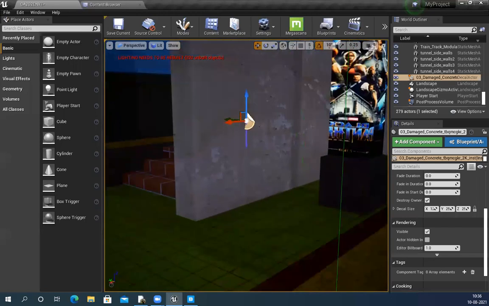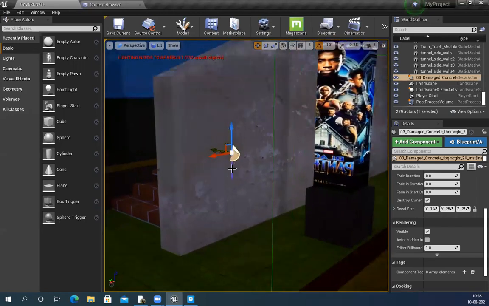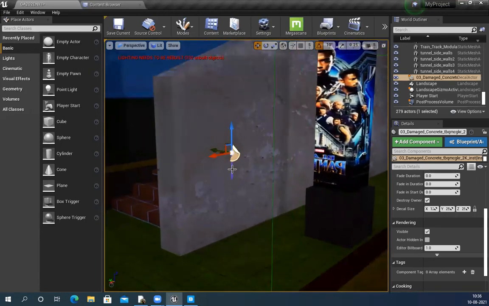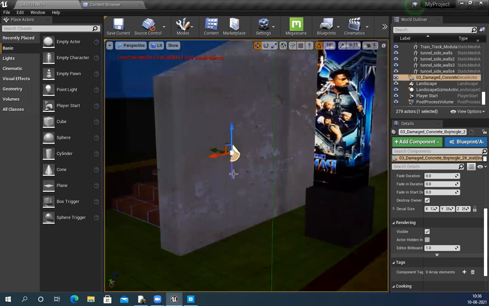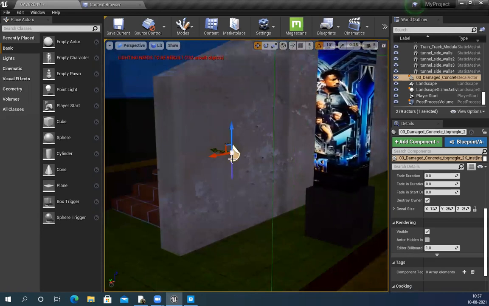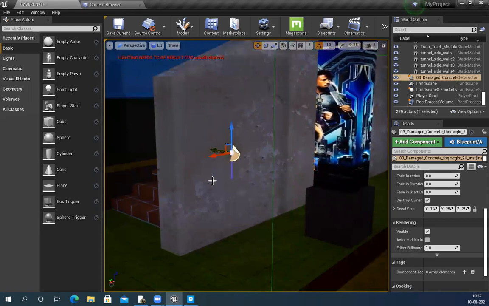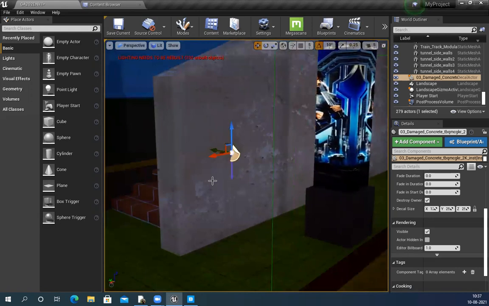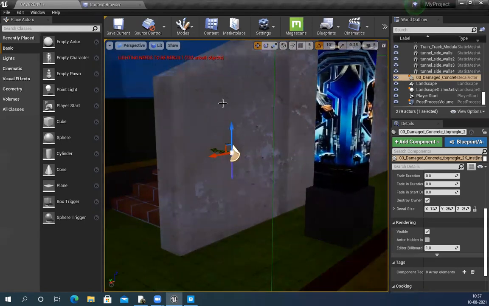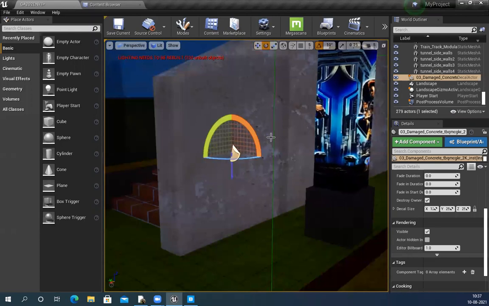No need to worry, it's compiled and it will show. Right now you can see the blue arrow. Not this blue arrow, this arrow. Whichever direction this blue arrow is, that is the direction of the decal map projection. So I want to project it on this wall, so I will need to rotate this